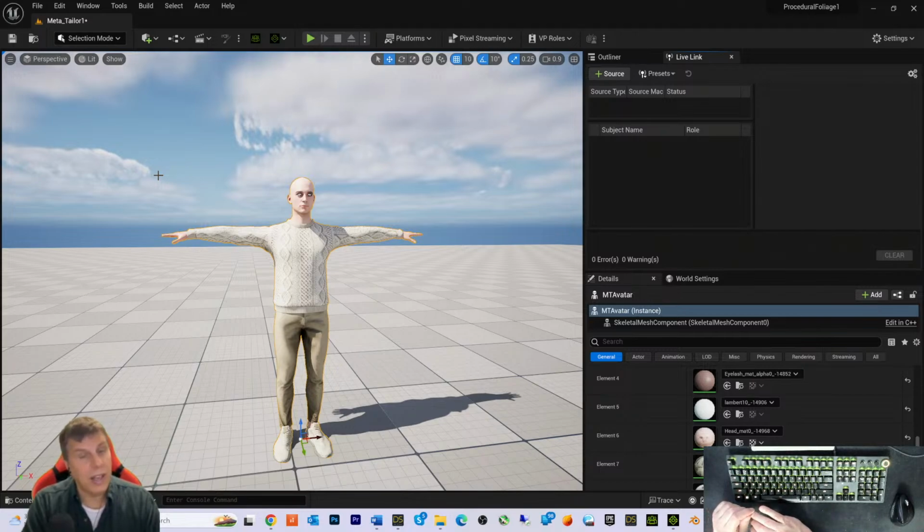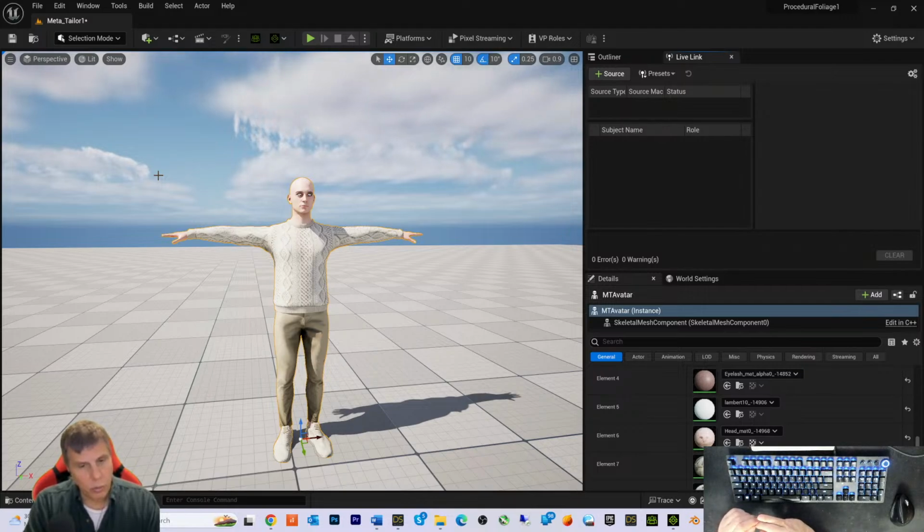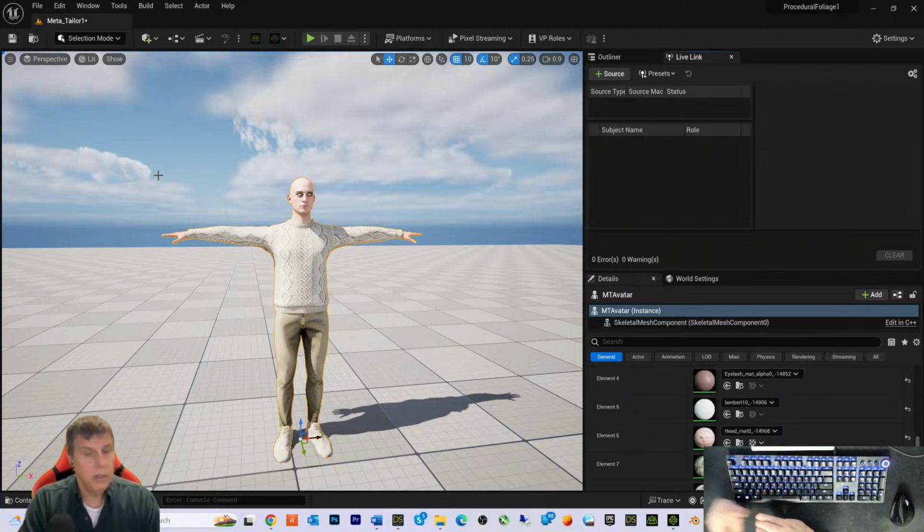We'll be using Daz for most of my scenes. Okay, I have probably close to 400 or 500 environments in Daz also. So at least. So we'll be using Daz scenes in here in Unreal, and I will be